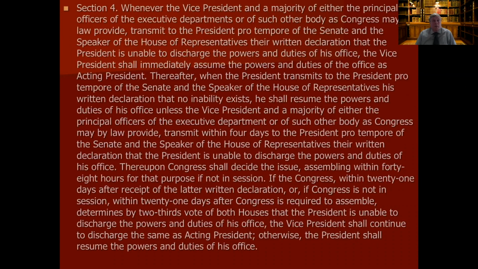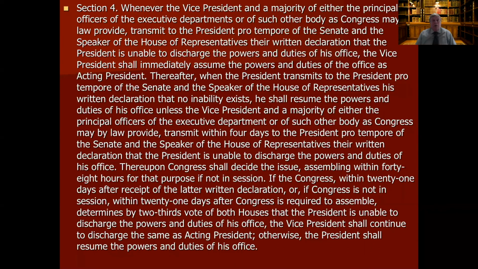Section 4 has recently become relevant. Let me read it and then we'll talk about why it's become relevant. Whenever the vice president and a majority of either the principal officers of the executive departments or of such other